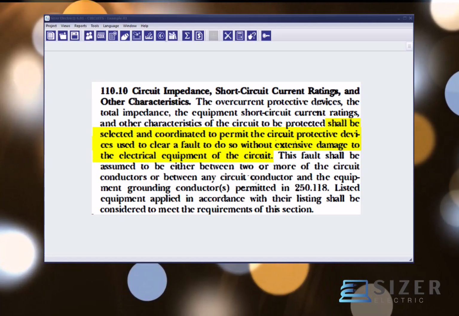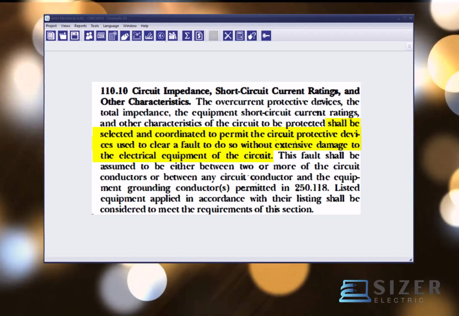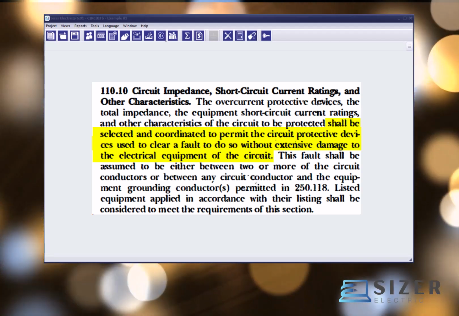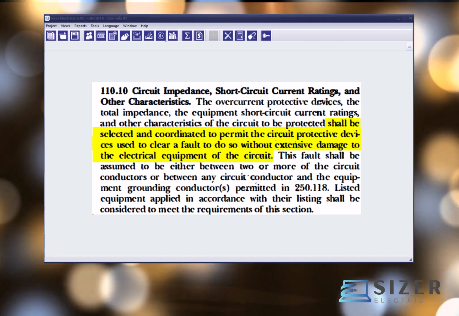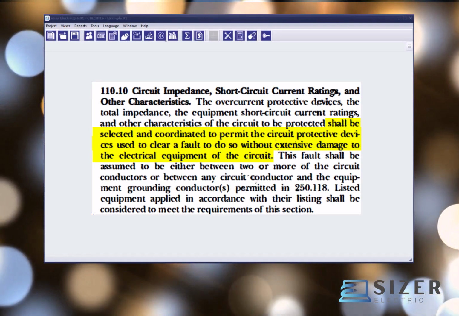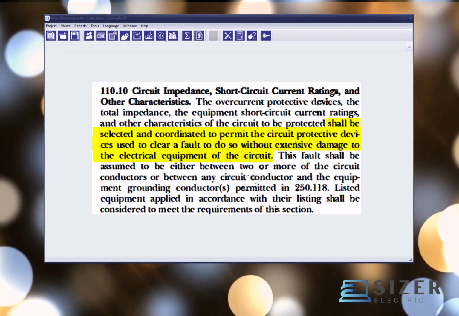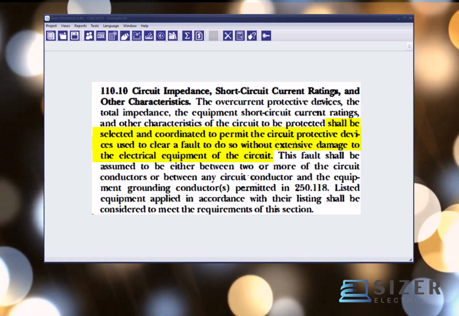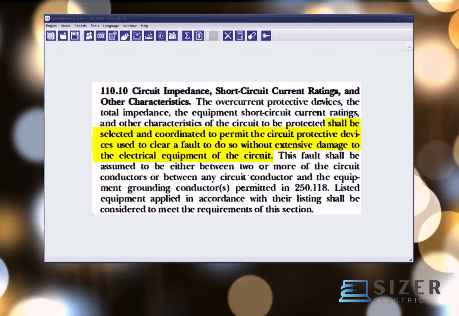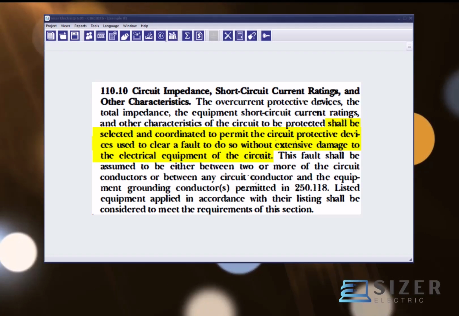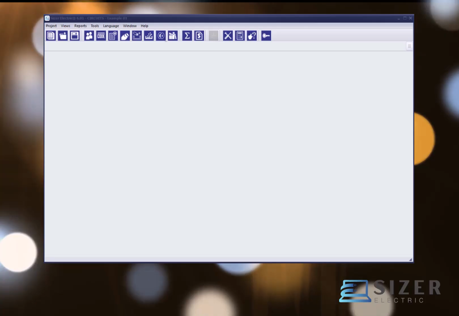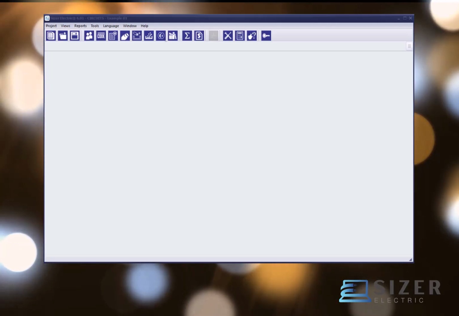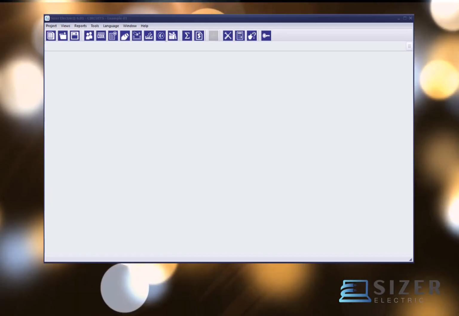ratings of equipment, and other characteristics of the circuit to be protected, shall be selected and coordinated so that circuit protective devices operate to clear a fault without causing damage to the electrical equipment in the circuit. This requirement makes it necessary to review all circuit components, among which the conductor itself is one of the most critical elements. To verify whether a conductor is suitable to withstand the thermal stresses produced during a short circuit, the